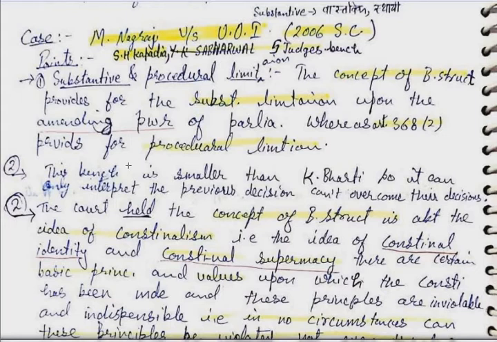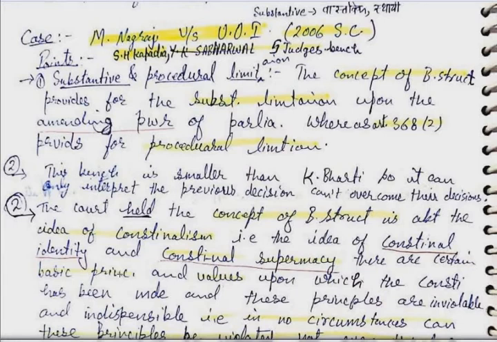And the second point, broadly in the beginning we have discussed, when we discussed constitutional identity and constitutional supremacy. Actually in this case they were interpreting Article 16(4)(a) and (b), and they are basically interpreting the concept of basic structure as given in the Kesavananda Bharati case, and obviously this is a smaller bench than that bench. So this bench cannot add things. It can only interpret what the Supreme Court had said in the larger bench, that is in the Kesavananda Bharati case. So in this case we are clarifying the Kesavananda Bharati case further by